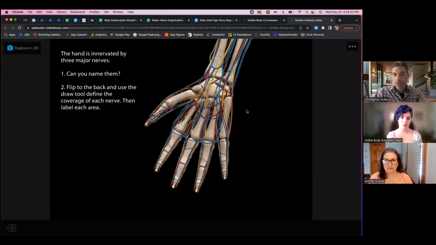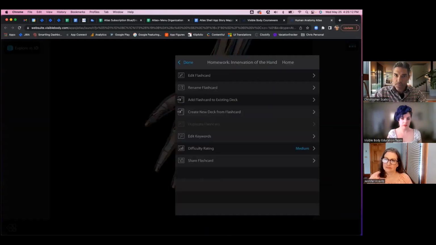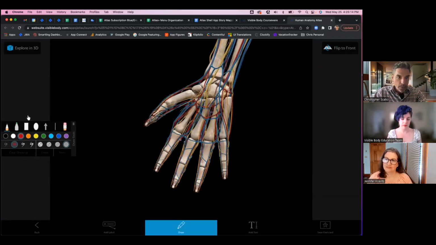Innervation of the hand. I remember learning this one as well. I thought it was kind of interesting that half of one finger is innervated by one thing and half by another. These are drawings you'll see all over the internet if you look up innervation of the hand. We're asking them to name the nerves and then indicate with the draw tool the coverage of each one. So what we're expecting is someone to go in here and say, again, this will probably be wrong, but this part of the hand is ulnar nerve, from, I'm guessing again, this part. I'd probably use a different color and say, this part,